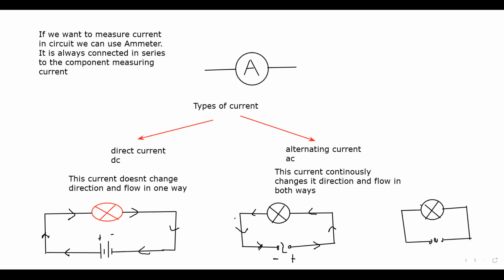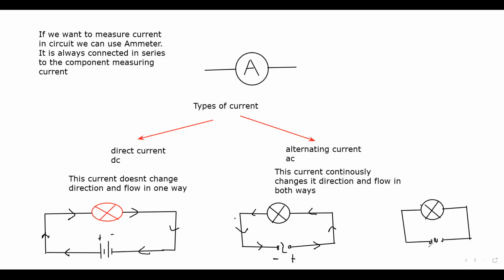Why does the AC supply change its direction? Because of the way it is produced, that is responsible for changing its direction, and you will learn why AC supplies are changing their directions. Right now I'm not going into detail why there is a change in direction, but just remember, whenever you have an alternating current, the direction of the current is not fixed because the direction of the terminal is not fixed.